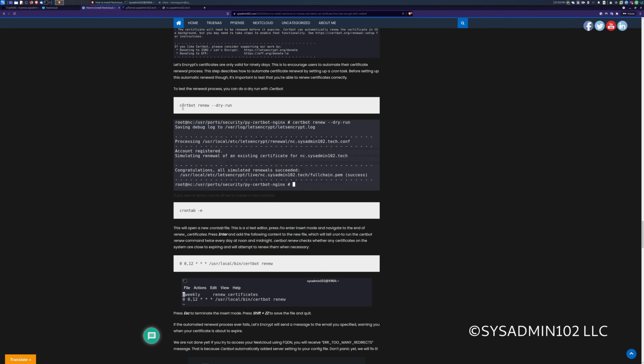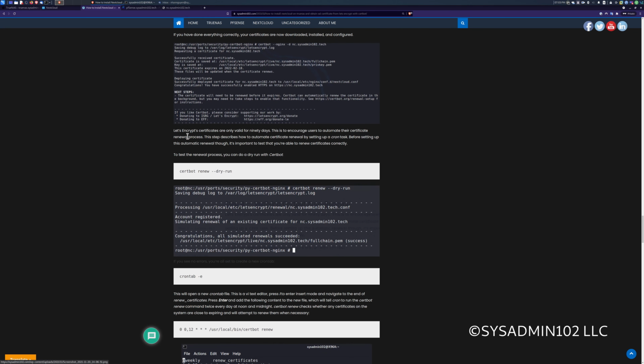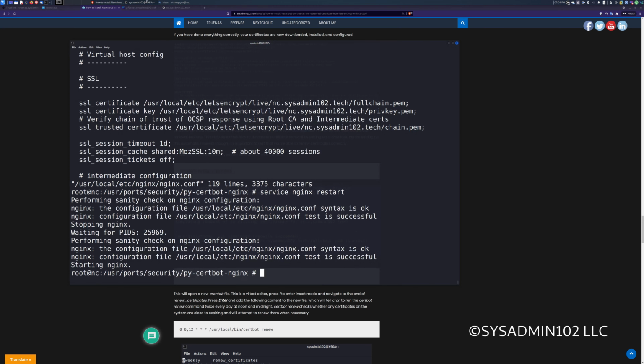Okay, so in order to do that, we're going to make sure that the renewal process is actually running correctly. Okay, I'll copy and paste this in the terminal.